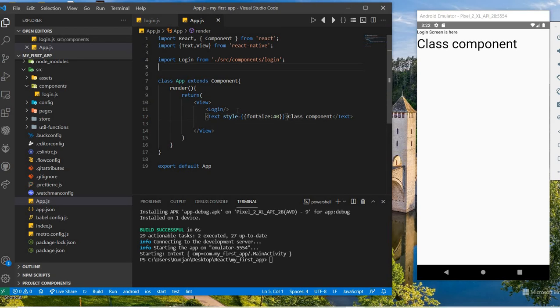Now let's make a button. For the button, the same, a Button and then close the button.